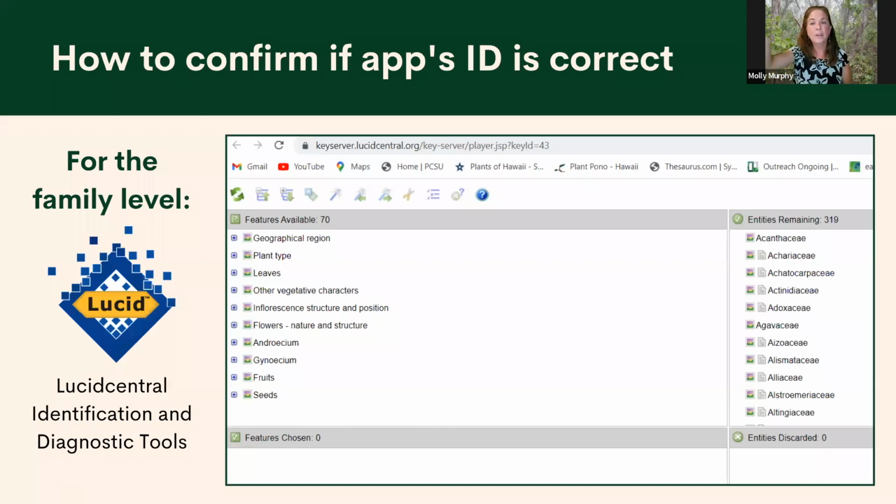So you can go down, down, down and whittle away on your identification and eventually hopefully get to the right family, or maybe just a few families. And from there, you can look deeper into it. Next slide.